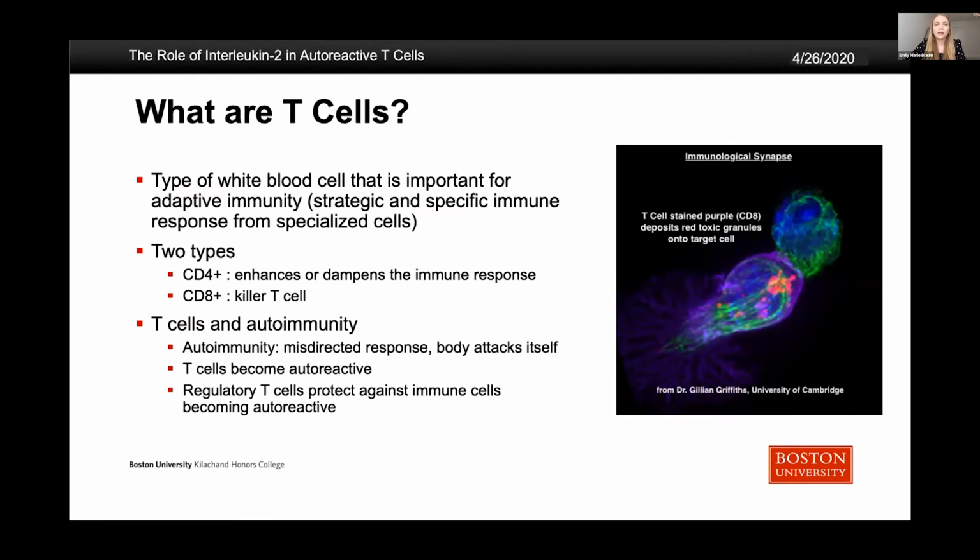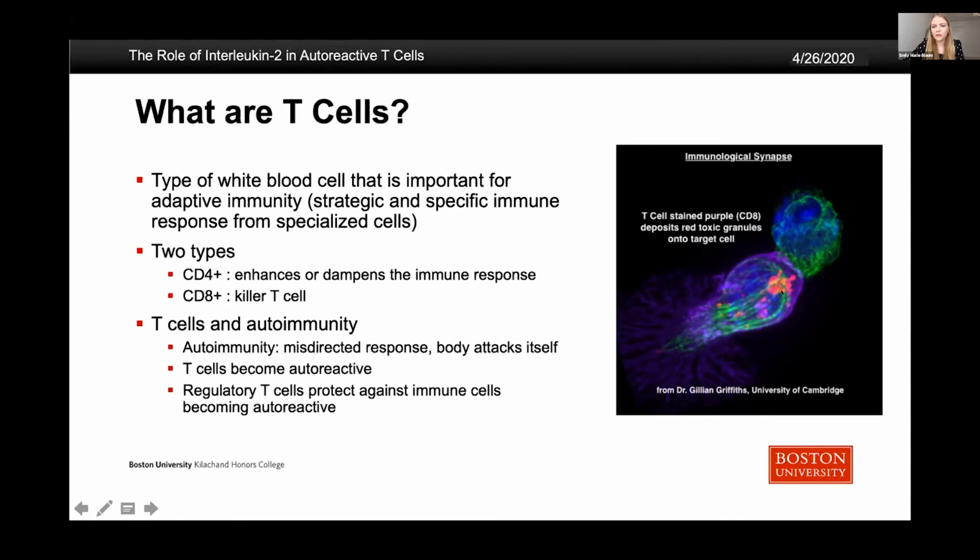So I want to provide a bit of background on this project, and I want to start with explaining what T cells are. T cells are a type of white blood cell that's important for the adaptive immune response, or the part of the immune system that provides a strategic and specific immune response against certain pathogens. And there are two types of T cells. There are CD4 T cells, which either enhance or dampen the immune response by interacting with other immune cells, or there are CD8 T cells, which are known as killer T cells,